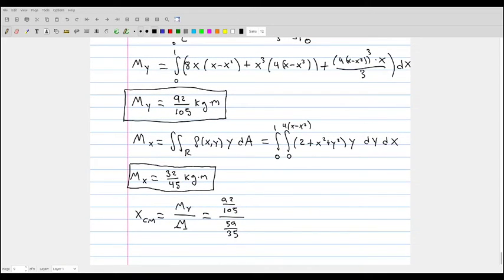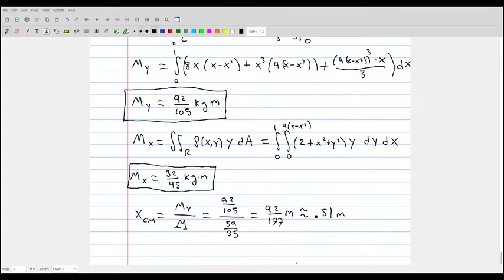The units of this are kilogram meters, the units of this are kilograms. So the final answer for the x center of mass is going to be 92 over 177 meters, which is approximately equal to